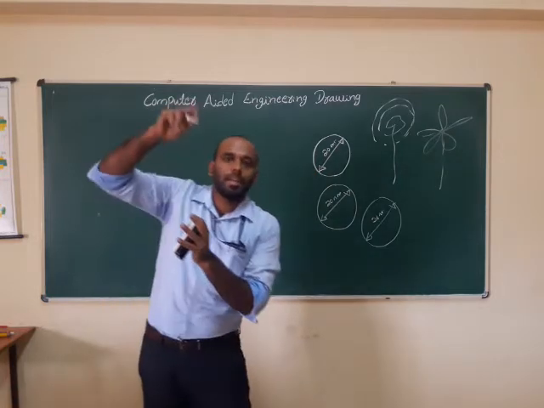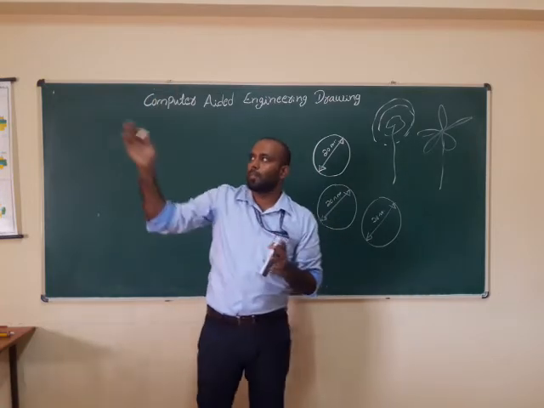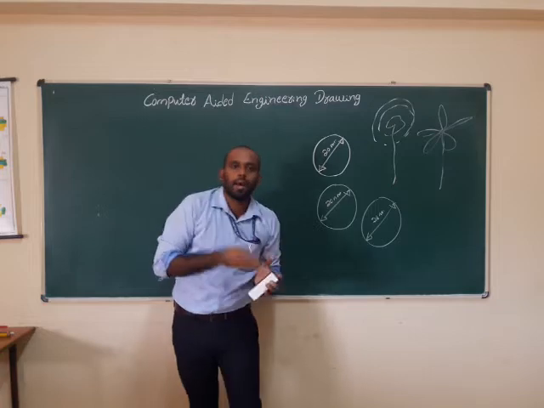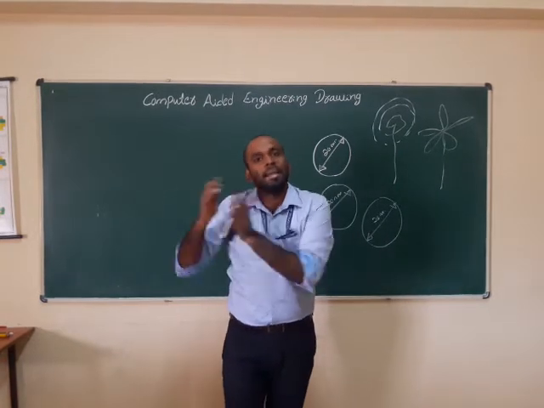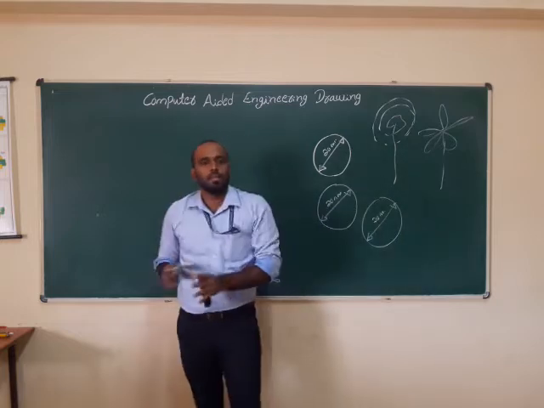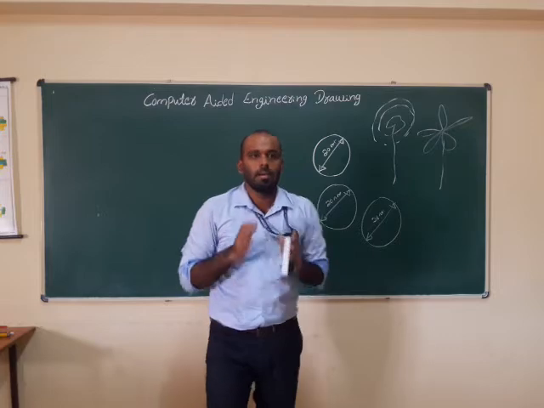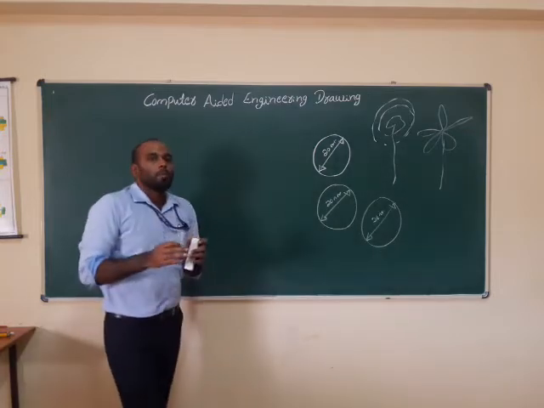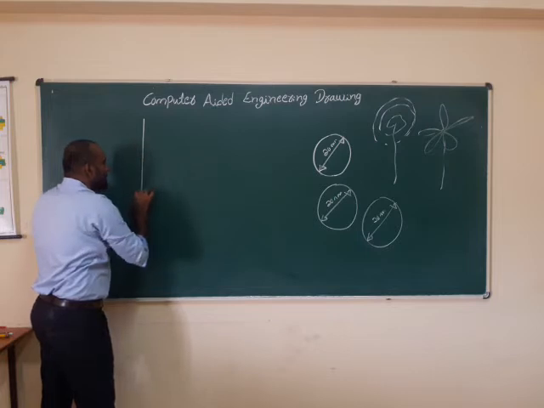Drawing you can't write in the air or somewhere else. You have to write on a base only. Base is nothing but, for example, a wall, board, hand, or paper. These are the bases. Base is nothing but planes. Two types of planes are there: one is the horizontal plane and the other is the vertical plane.